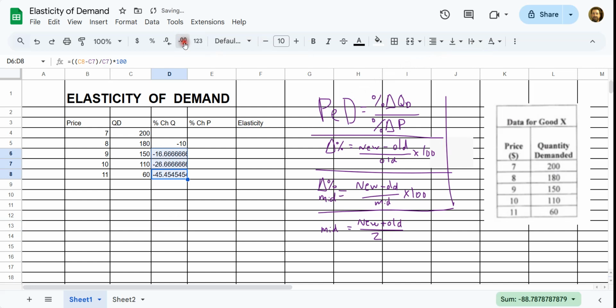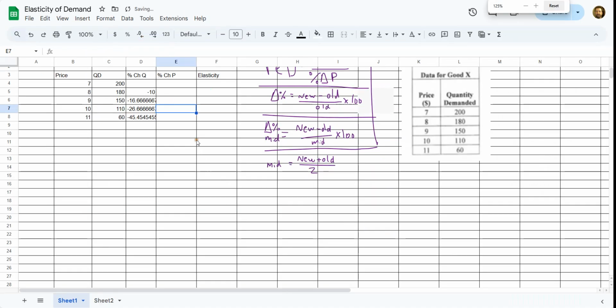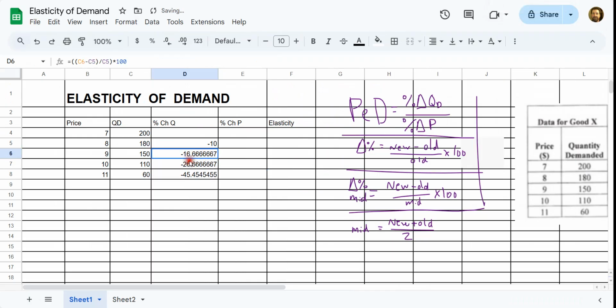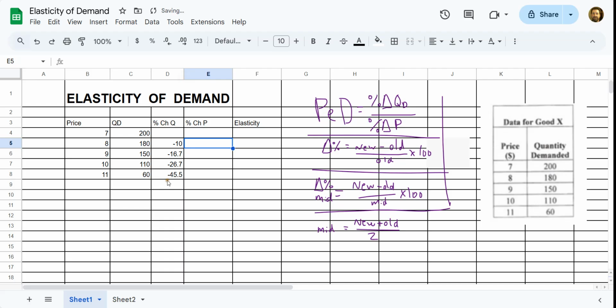So if you click on this right here, not real sure why that's not working. Well, it seems to be stuck. I don't know why I can't decrease. There we go. I just wasn't moved over far enough. Okay, so those are the percent change in quantities, and then I'm going to write a new one for